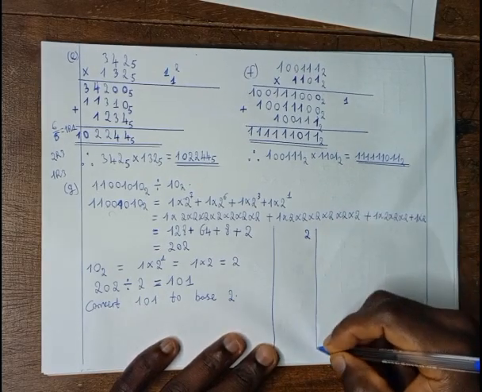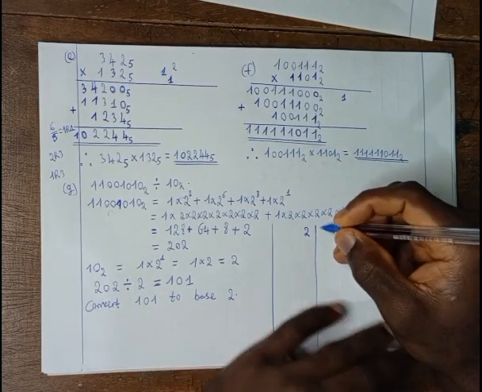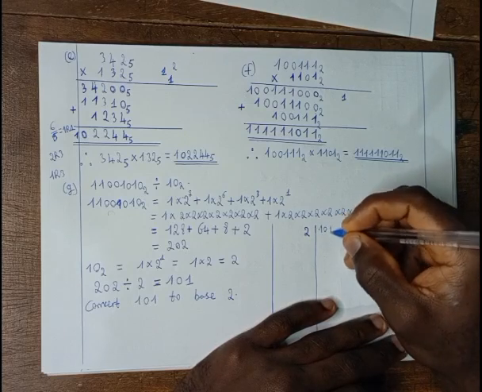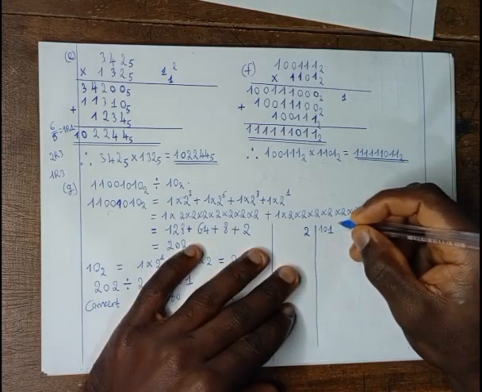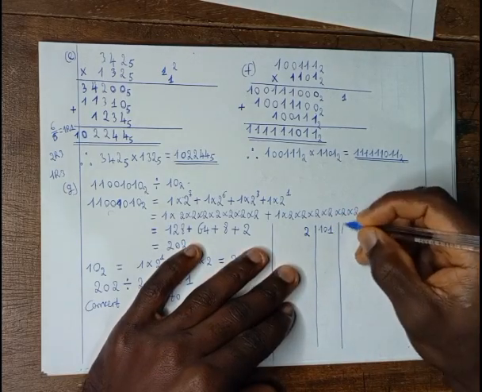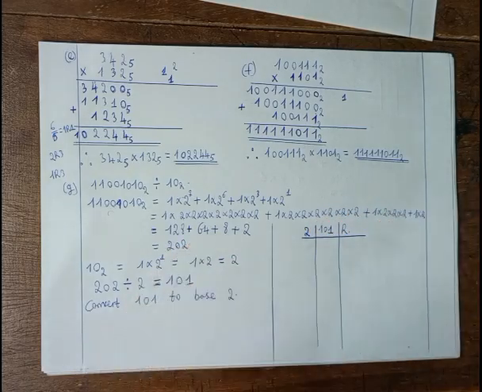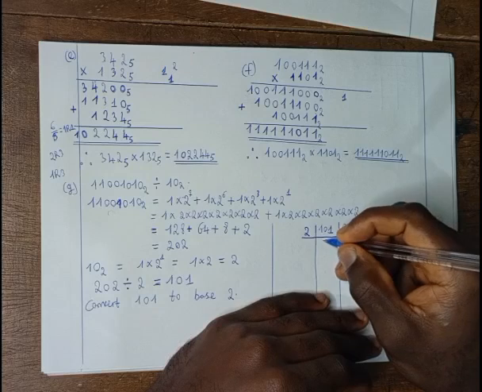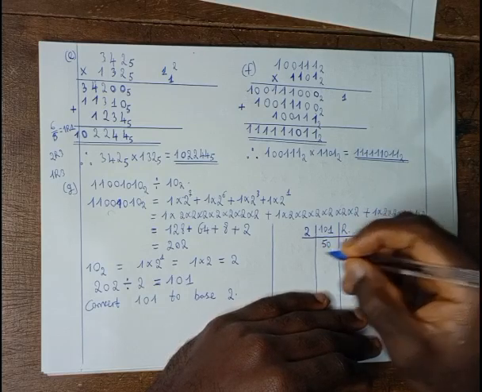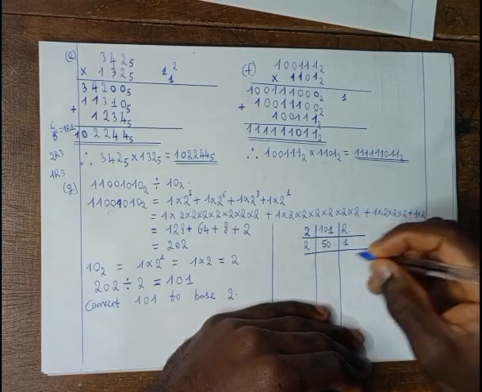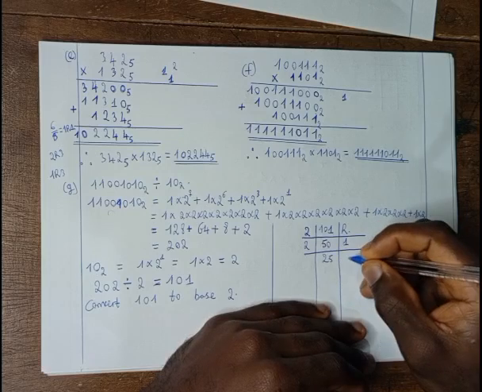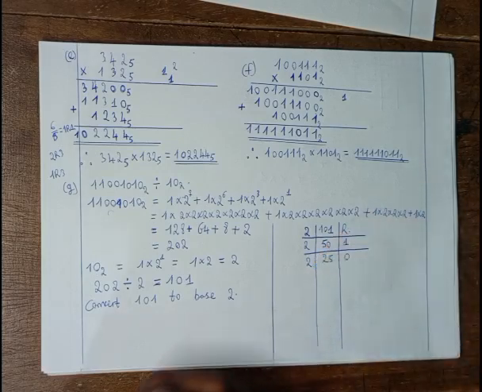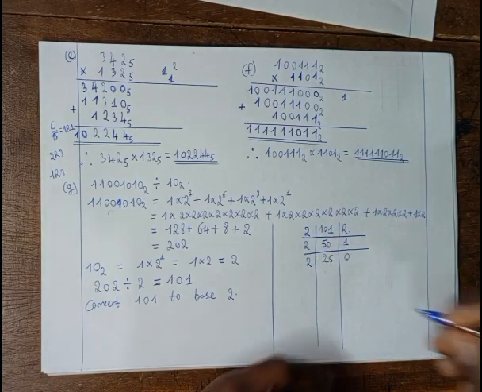The second column, we have the number 101. And for the third, we have the remainder. 101 divided by 2 gives us 50, remainder 1. Divide 50 by 2 gives us 25, remainder 0. We divide 25 by 2 gives us